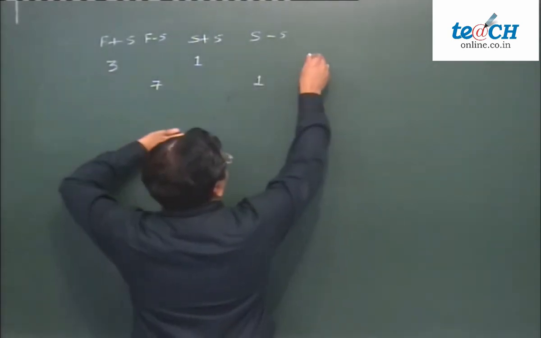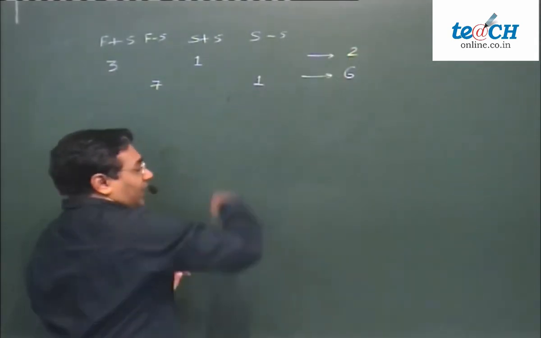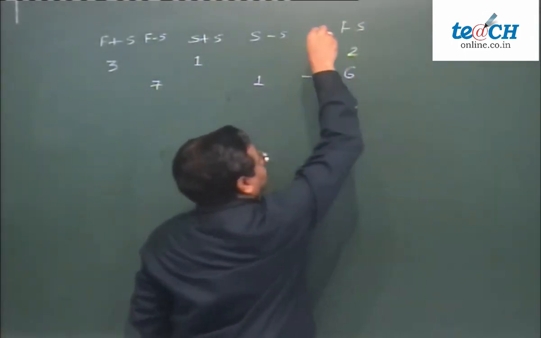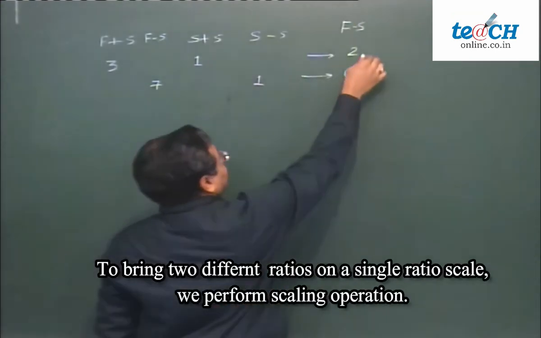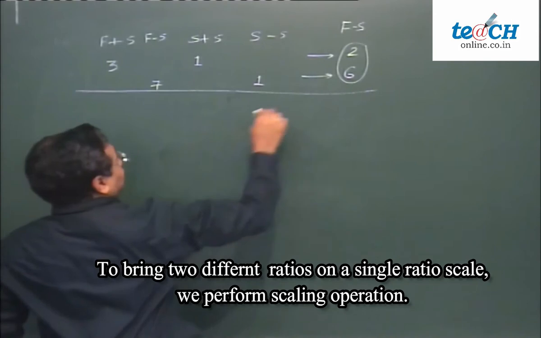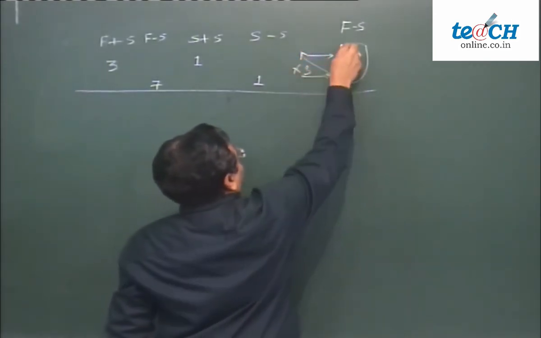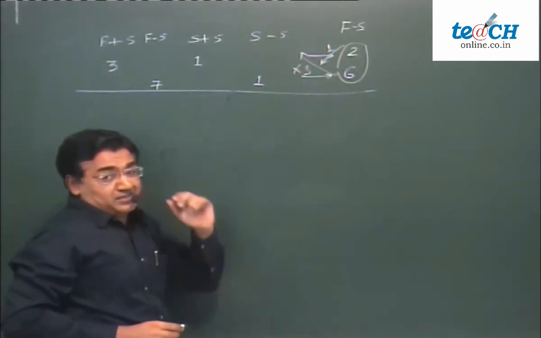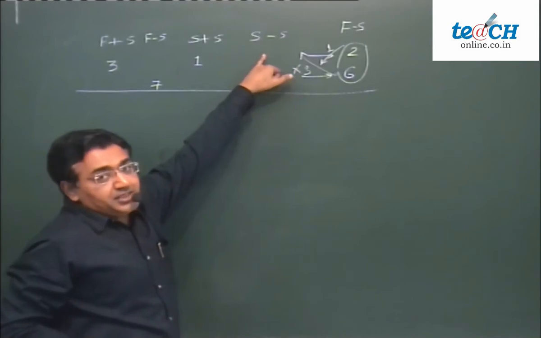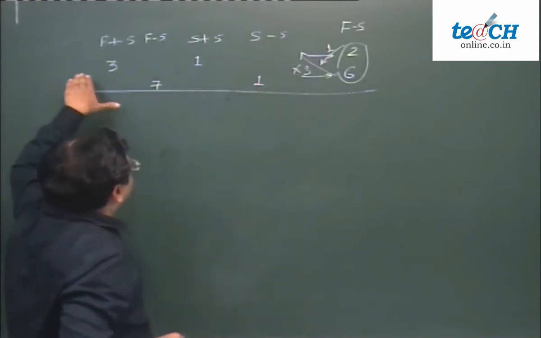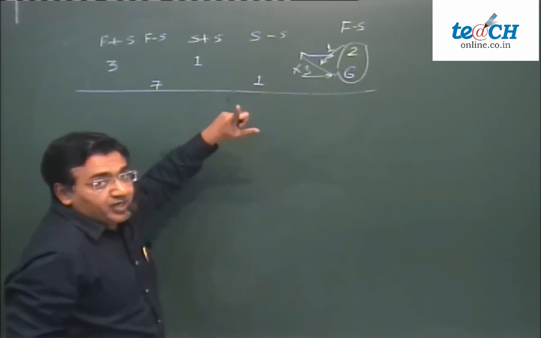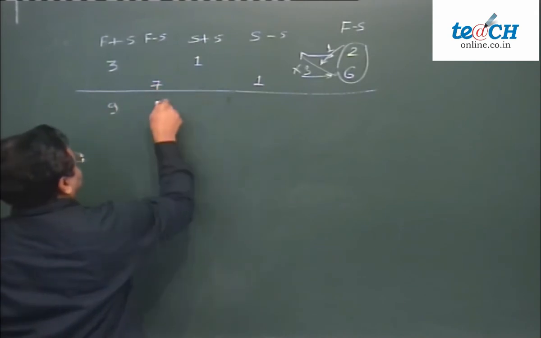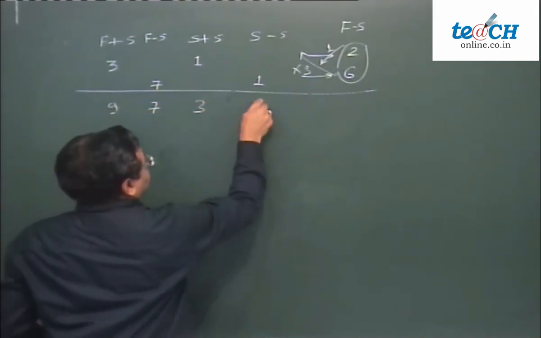Which means this 3 minus 1, 2 on this ratio scale, and 7 minus 1, 6 on this ratio scale are the same. That is father minus son, just for your understanding. So if I scale these two using this common link, I multiply what above? 3 above and 1 below. Why? Because there is a 2 common, and so the LCM of 6 and 2 is 6. So I take the 2 away and I multiply by 3 above and 1 below. All the top numbers multiply by 3, all the bottom numbers by 1 to get them on the same ratio scale. This 3 3s are 9, this 7 1s are 7, this 1 3s are 3, and this one.